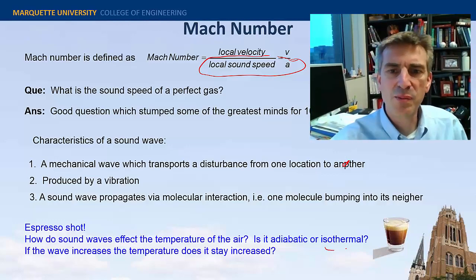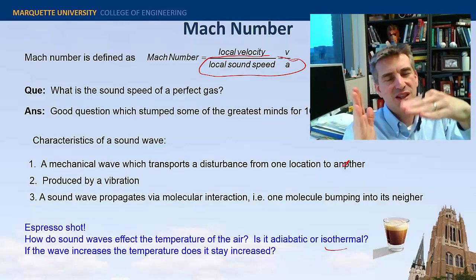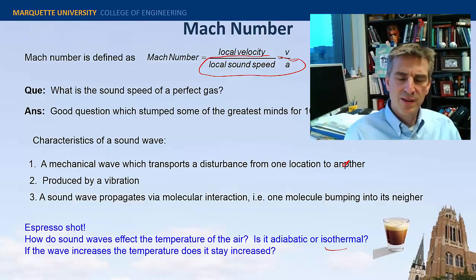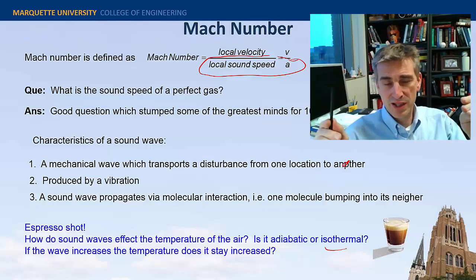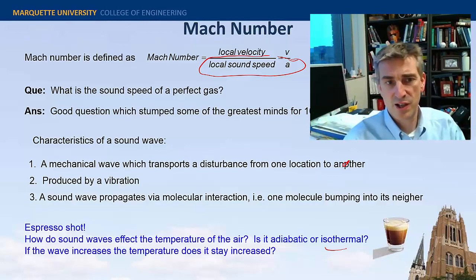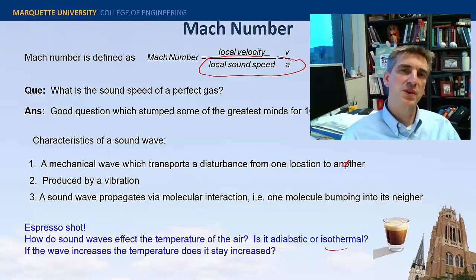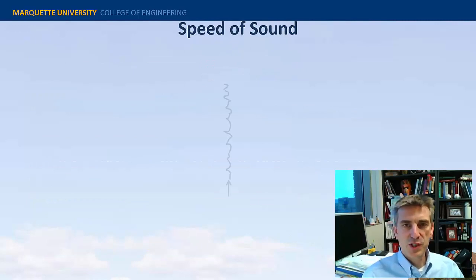What about, is it isothermal, that this wave goes over it and it just doesn't heat it significantly at all? What is that? So, pick your favorite candidate. You really got three: adiabatic, where it increases the temperature and it permanently is increased; it's adiabatic when it rises and it falls; or it's isothermal. So just jot it down, and we'll go through this and we'll see where you come out on the other end. All right. Speed of sound.